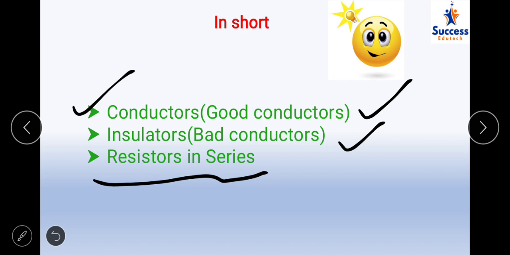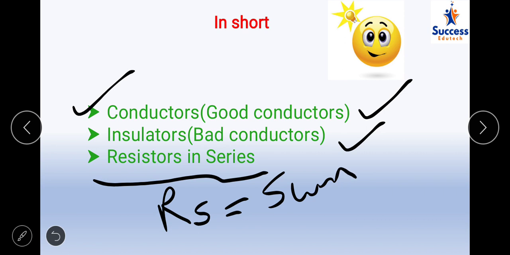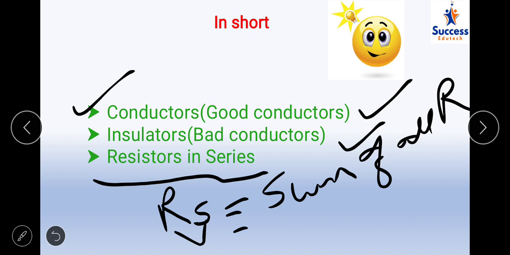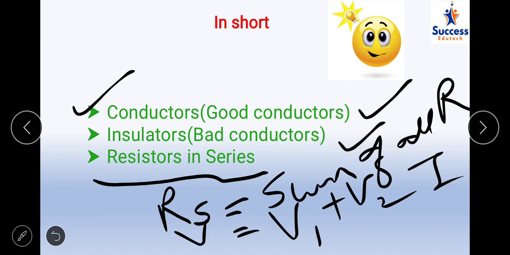And whenever resistances are connected in series, what is the effective resistance? Sum of all the resistances connected in series. And what is V? V is always distributed, that means V1 plus V2 plus V3. And what is the current in resistance in series? The current throughout all the resistors will remain the same, which is I. Current always remains the same. So in the next lecture, we are going to start with resistance in parallel. Just remember what is there in resistance in series. Opposite to that is there in resistance in parallel.